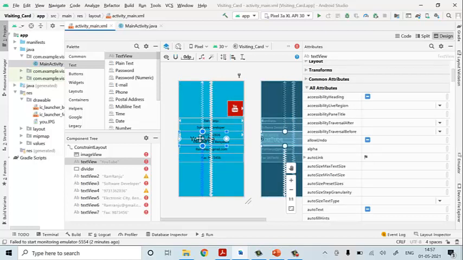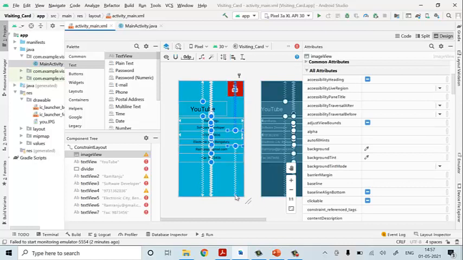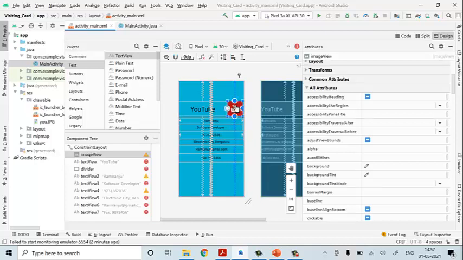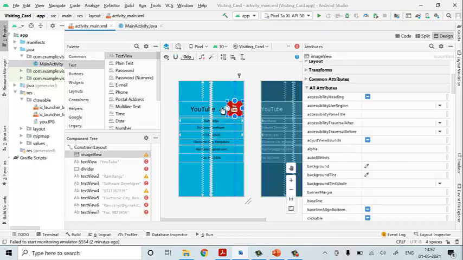For the safer side, I am applying this. For the sides also we have to apply if it is required. First we will check whether it works fine or not.